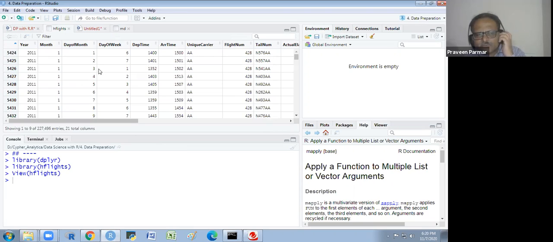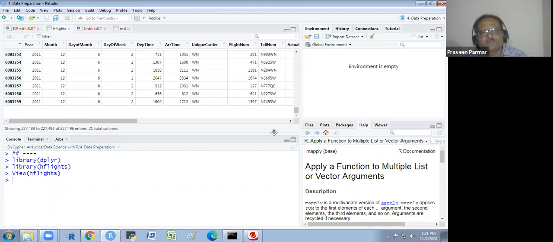And before showing, just view this year. It is the data of the 2011 year only. We have only one year of data, up to December. We have day of the week 2 and day of month 6 and month 12.